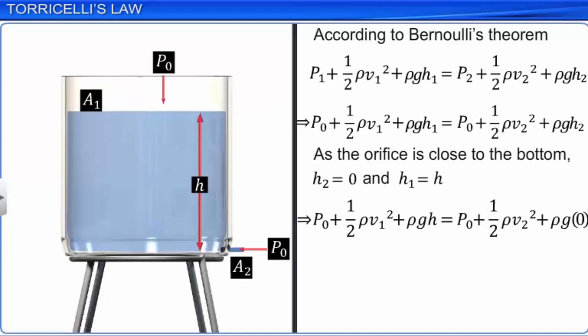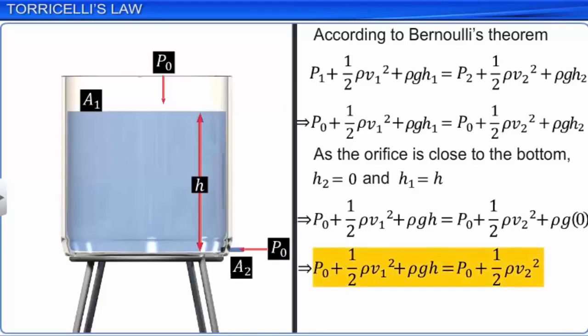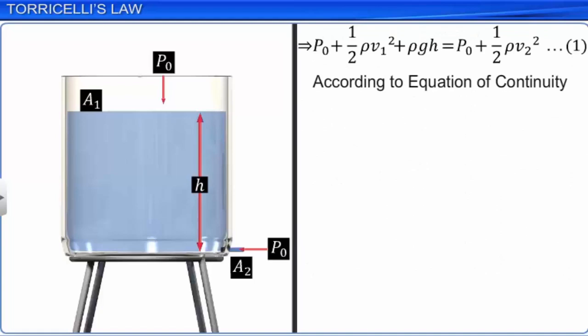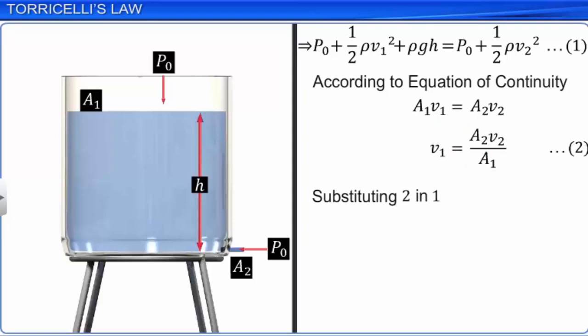On simplification, we get the expression shown. Let's call this equation 1. According to the equation of continuity, A1V1 is equal to A2V2, or V1 is equal to A2V2 divided by A1. Let's call this equation 2. Substituting equation 2 in equation 1 and simplifying,